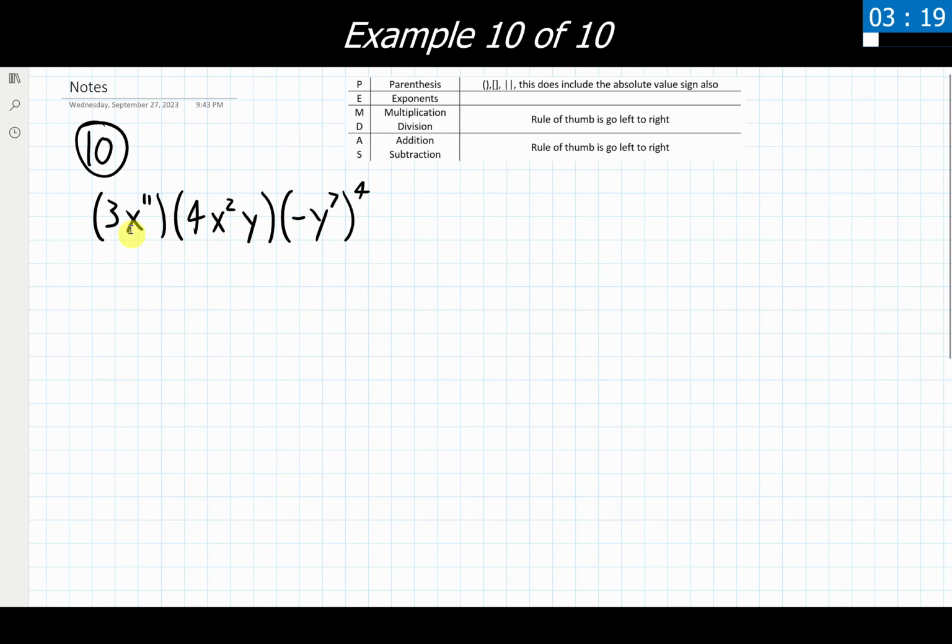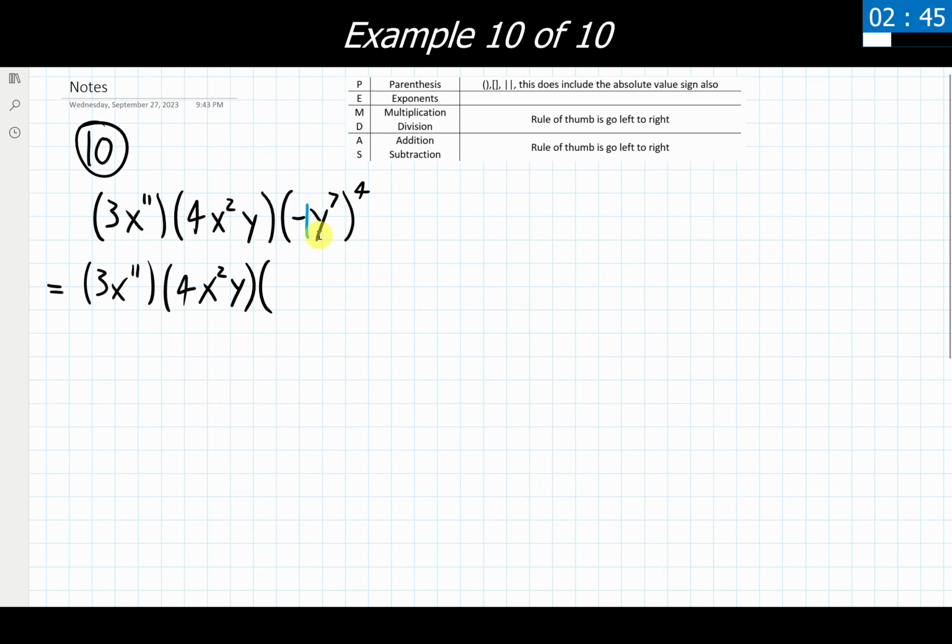So I'm going to rewrite these first two sets of parentheses exactly as they are because nothing's going to change there. Whoops, let's go with actual pen, not a highlighter here. There we go. So bringing the first two things down exactly as they are, and I'm going to deal with the final set of parentheses. This negative sign that we have here, what's the invisible number that's in front of this? Well, that's going to be that invisible 1. So I really have negative 1 times y to the 7th, and all of that's raised to the 4th power.